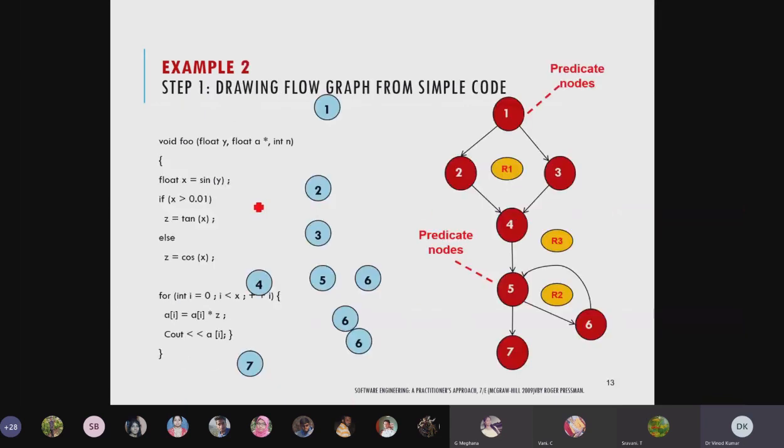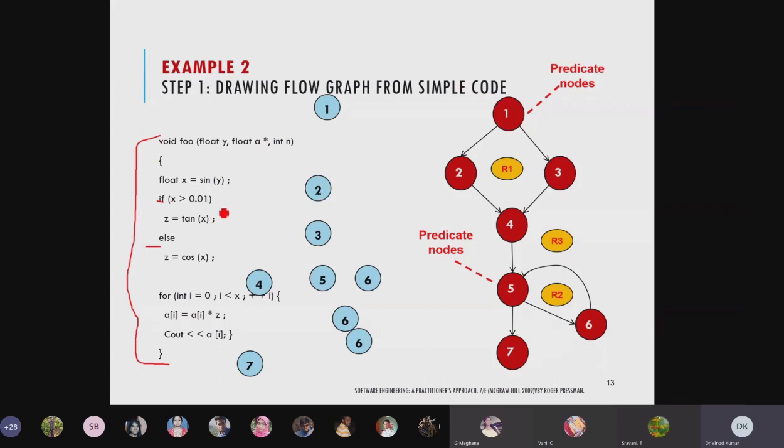Next, see how this flow graph is drawn from the code. Wherever we have conditions in the code, such as else, if, for, everything, we first convert it into graphical format using these nodes.